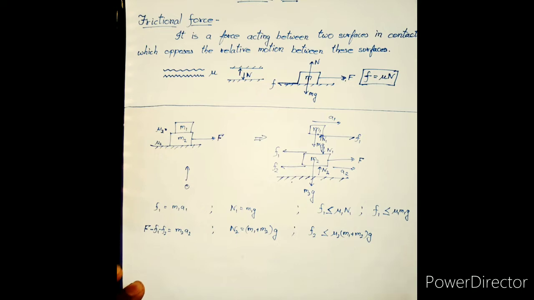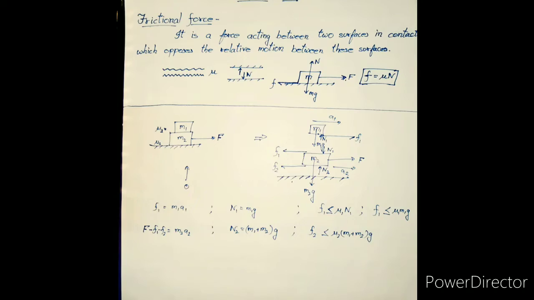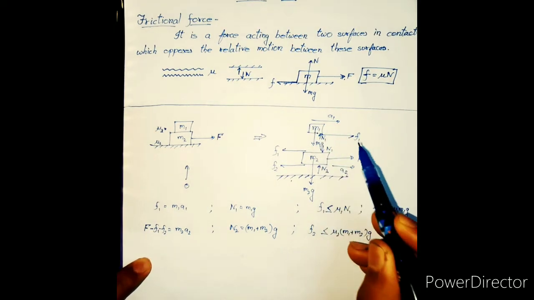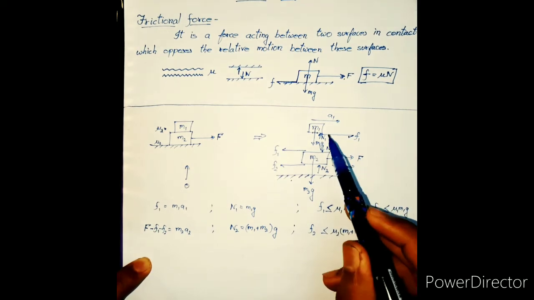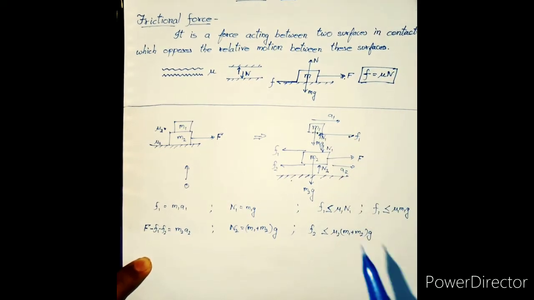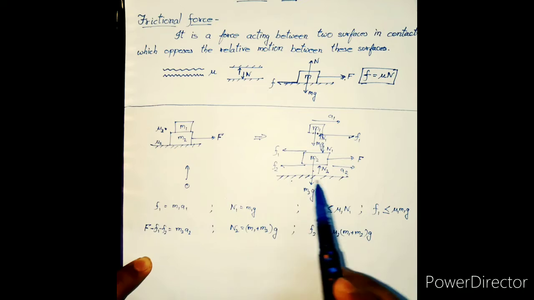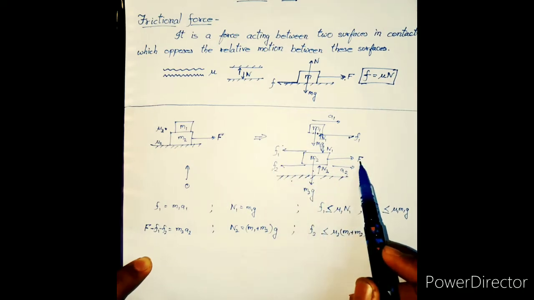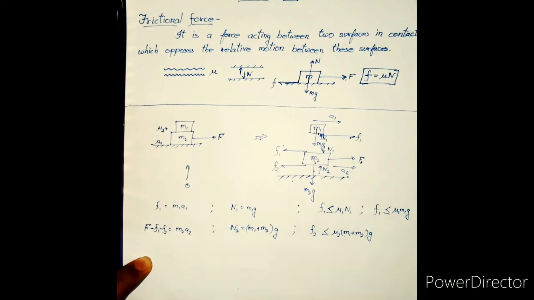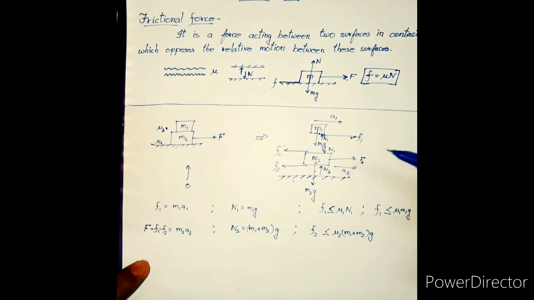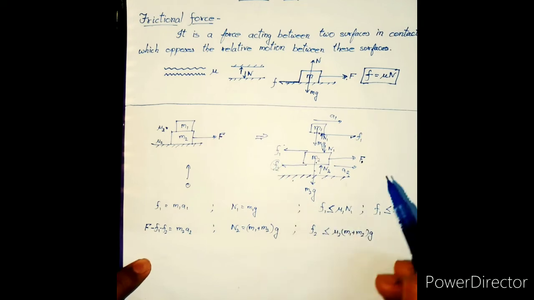Why only F2? Why not F1 plus F2, or why is F1 not taking part in this action? Let us see. If F1 was also increasing, F1 is acting on m1, right? So we would get an acceleration for m1 without any movement for m2, as all the forces F1, F2 and F would be getting cancelled. So m2 is not moving, but m1 is having some acceleration, which is not at all possible. So only F2 will be increasing while F is increasing.